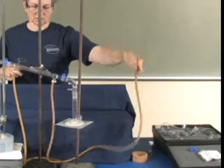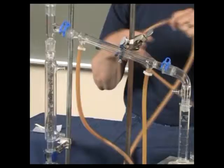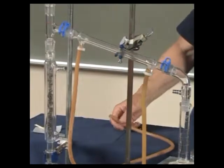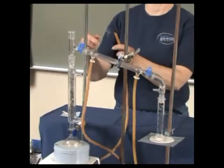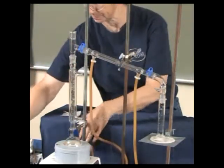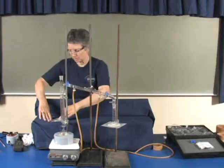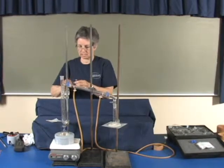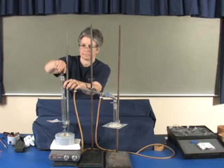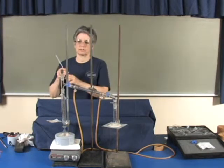So this is attached to the faucet. This end goes into the trough. It's helpful to attach a little test tube clamp to weight it down so it won't flip out of the trough. The thermometer adapter goes in the top of the distillation head. And then the thermometer is inserted,